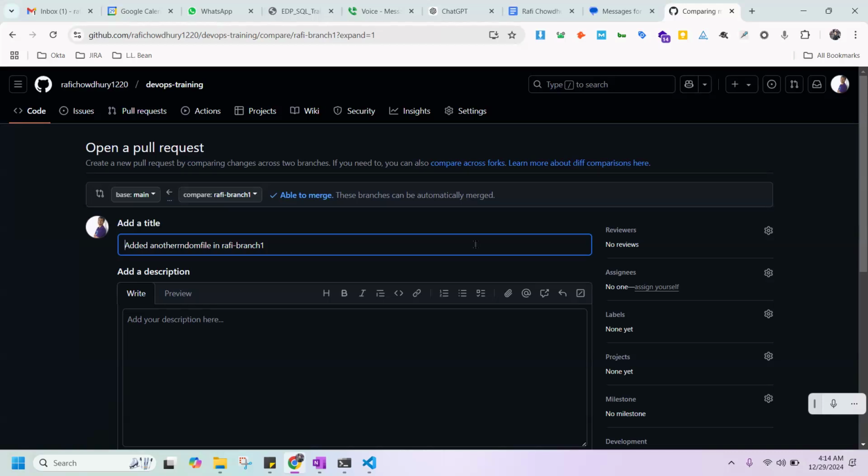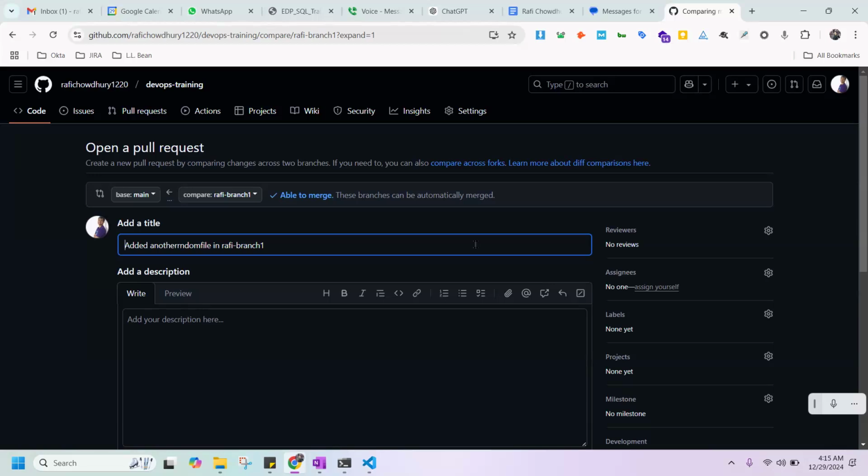It has a short form, PR. Basically, whenever you are pulling code from one repository, pull request means you want to merge your feature branches into the main one, right? But before merging, you want to check your code with your manager or some senior-level person to verify whether I made the changes correctly or not. So that's why you create the pull request for it, right?